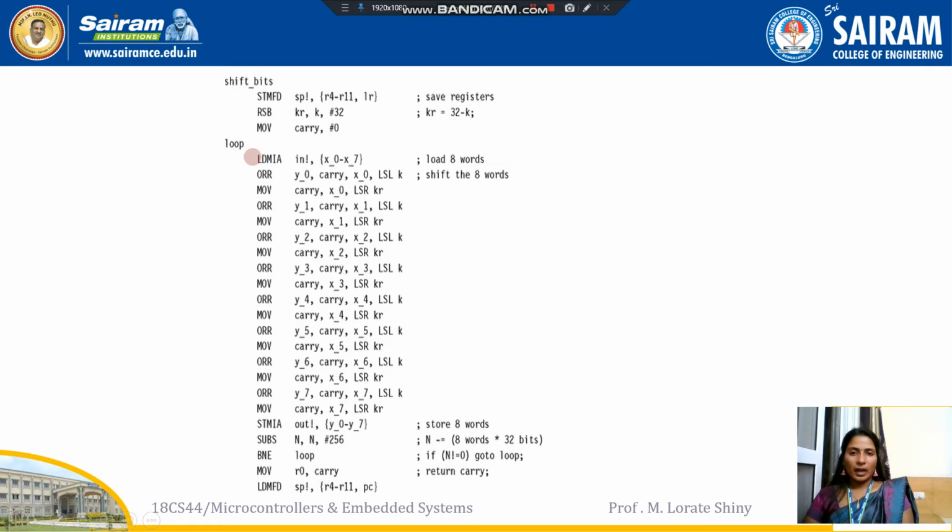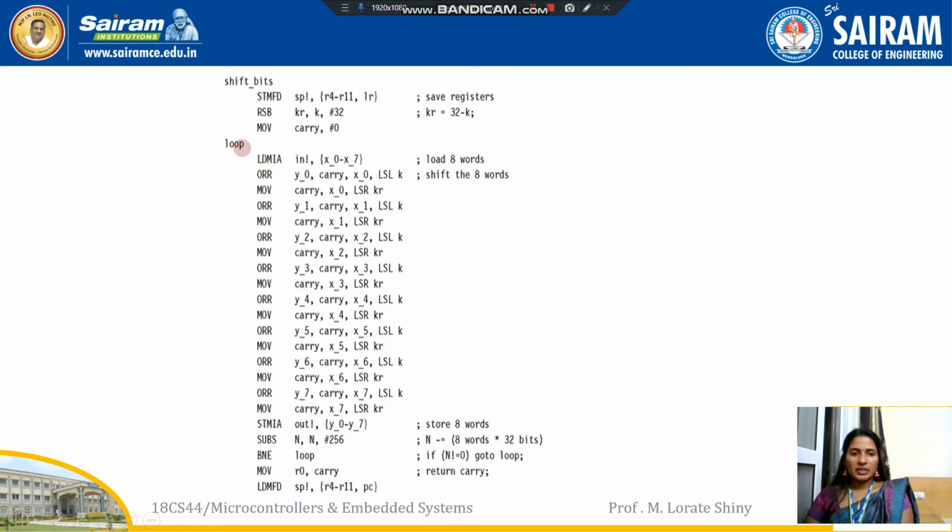Next, as I told you, here we are shifting 256-bit data. To hold 256-bit data, we don't have a single register, so we are using 32-bit registers, 8 of them. So 8 32-bit registers are used to hold the 256-bit data.